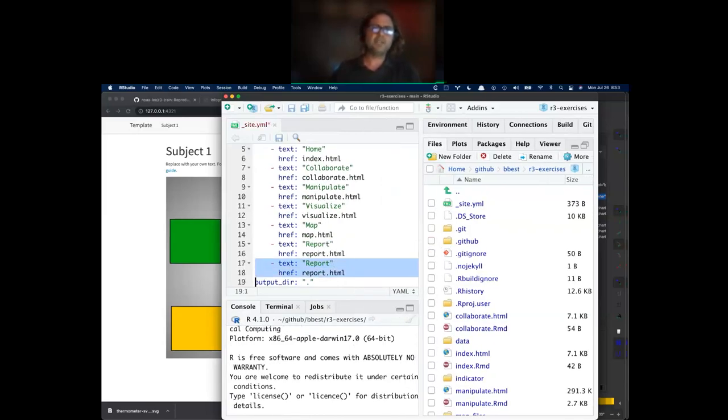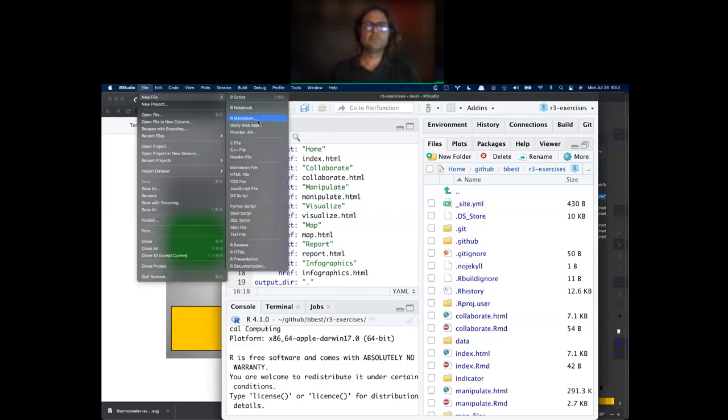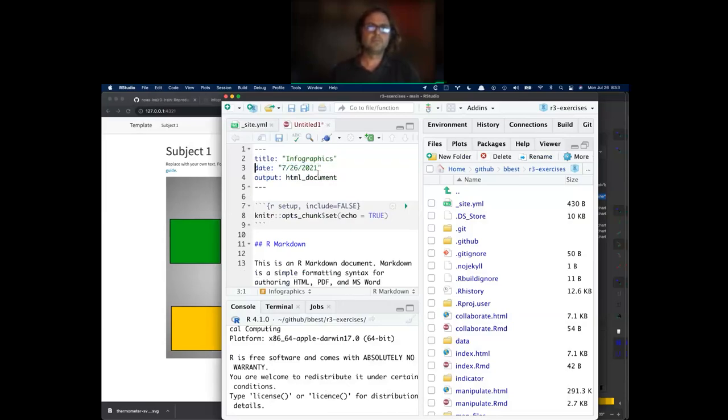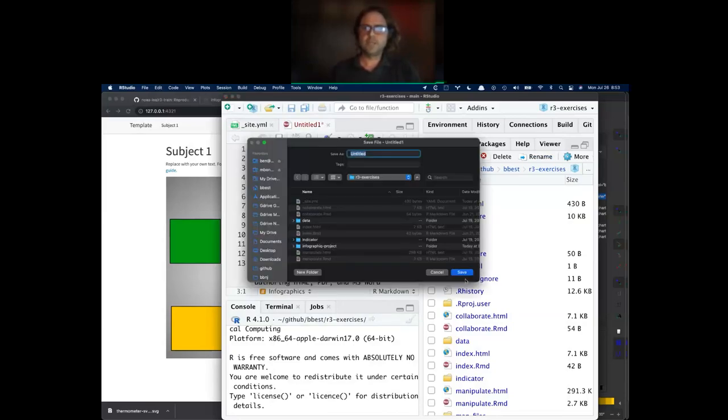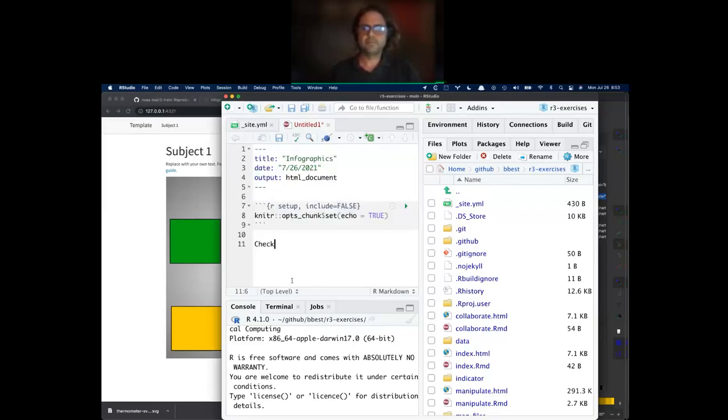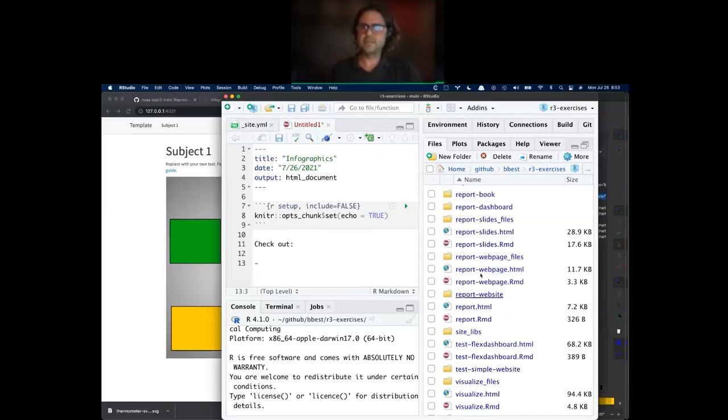I'm going to add a menu to Infographics, and just create a really simple R Markdown and then just link to this little folder, check out, and then this is going to be this